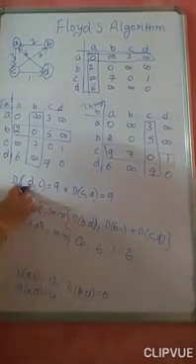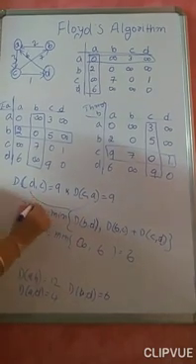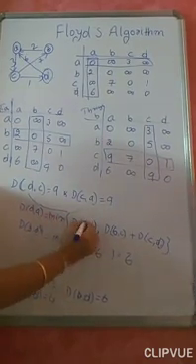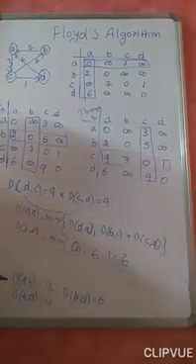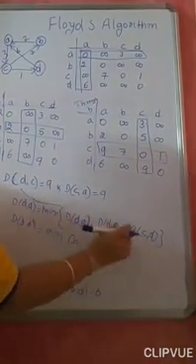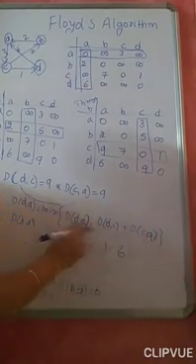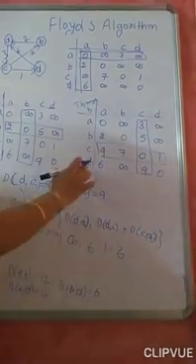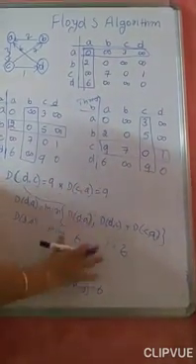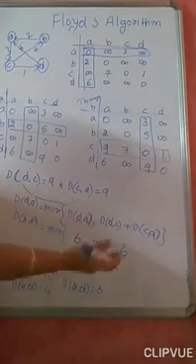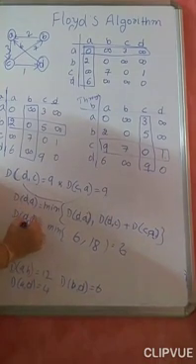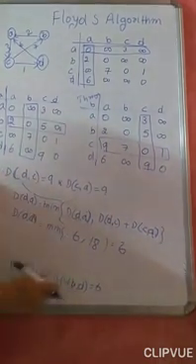Okay, fine. So, distance from D to A is the previous distance from D to A, or through C, whichever is minimum. D to C, C to A. What is the previous distance from D to A? D to A was 6. If I go through this, it is 18. So, which is minimum? 6 is the minimum. So, distance from D to A will not change. It will remain as it is. So, that's why I am not writing it here.